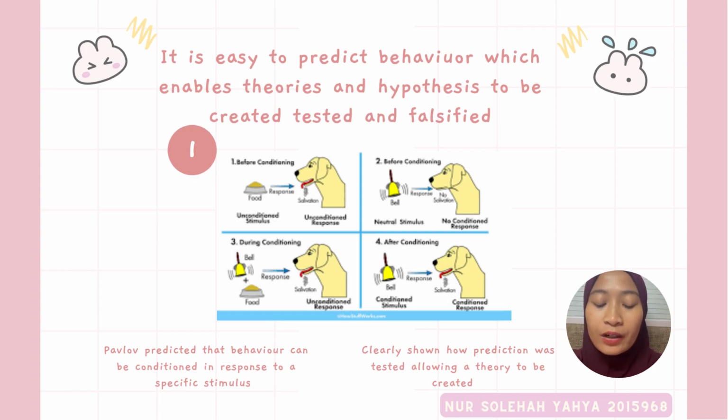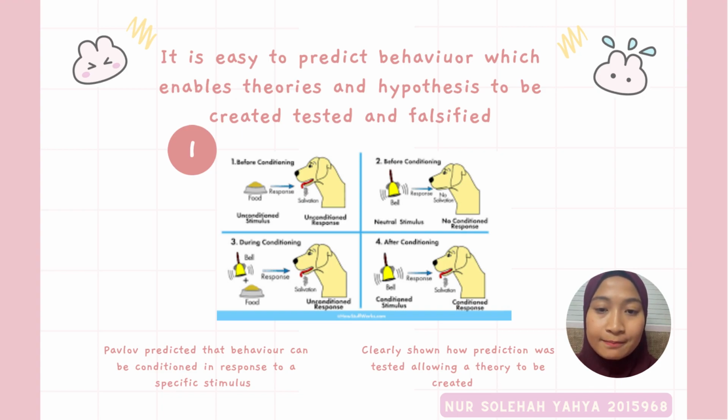predicted that behavior can be conditioned in response to a specific stimulus. He tested this using a control observation where his dogs associated a bell ringing with being fed. He therefore conditioned the response of salivating when the bell was rung. He then created the theory of classical conditioning. This is an advantage of the scientific method, as it shows clearly how a prediction was tested, allowing a theory